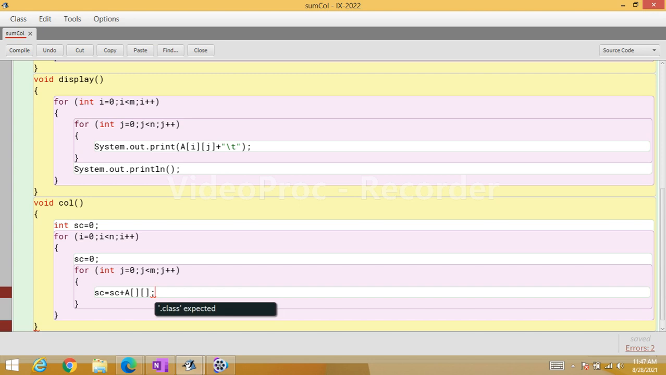But you have to write the index number. Now the first pair is referring to the row number, that means it's j, and the second is referring to the column number, that is i. Once the inner loop is complete, having found the sum of the first column,